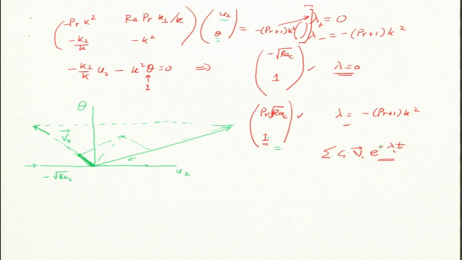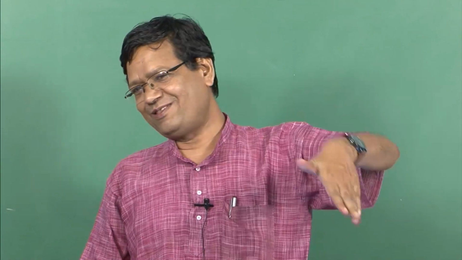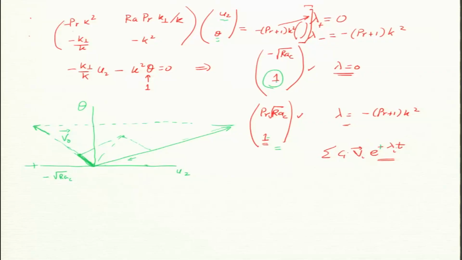From U2 you can compute Ux and Uz, right, by the formula which I gave you, and once you know Ux and Uz, you can plot the figure I showed you. And once you have the Ux and Uz, you can also compute temperature precisely, because the neutral stability gives you that the velocity field and temperature field are related. Okay. So, this is how we compute both.